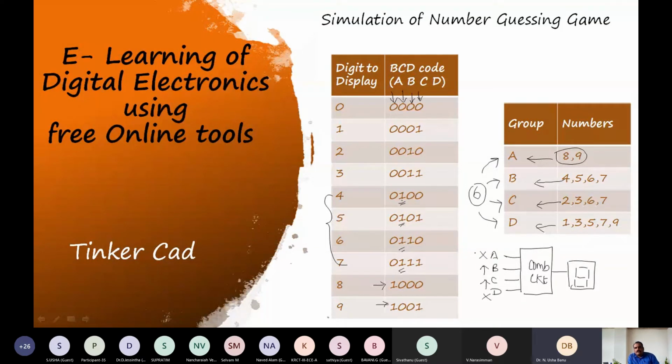So it shows 0, 1, 1, 0, which is obviously 6, and the 6 will be displayed on your 7-segment display. This is what we are planning to do. In order to do this, we require a 7-segment decoder, which is available in our Tinkercad.